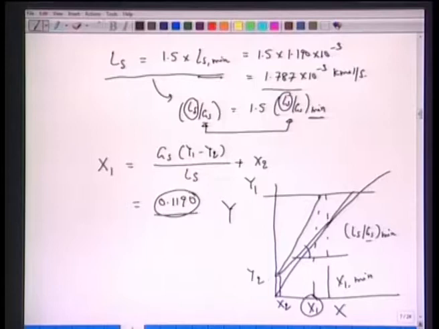So if you want to solve graphically, that will also work. You know this slope, take 1.5 times to obtain this line, and then read from the graph to get x1. Or you solve the equations for the operating curve twice, once for this LS min, you obtain LS min, take 1.5 times to obtain new LS, and put it back here to get x1. You must do this as an exercise to see that both graphically as well as analytically you get the same